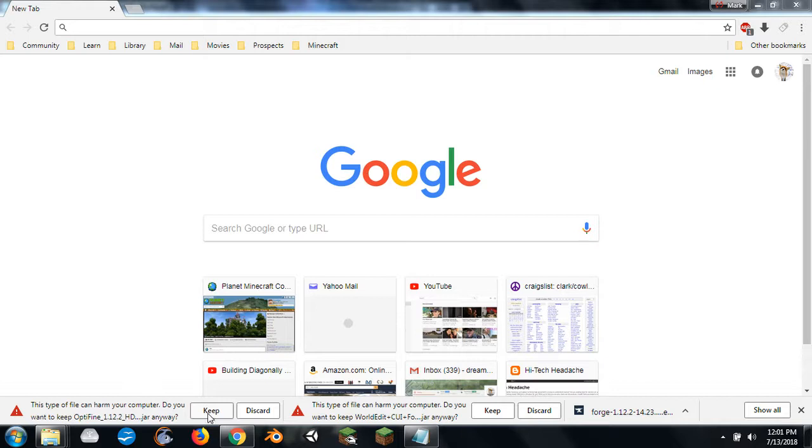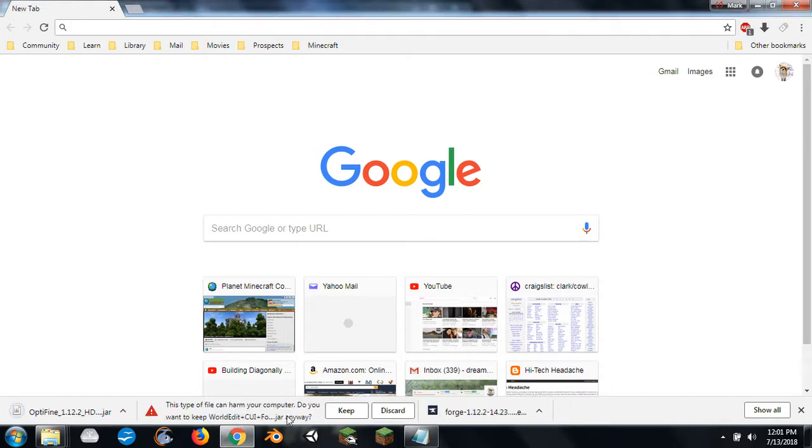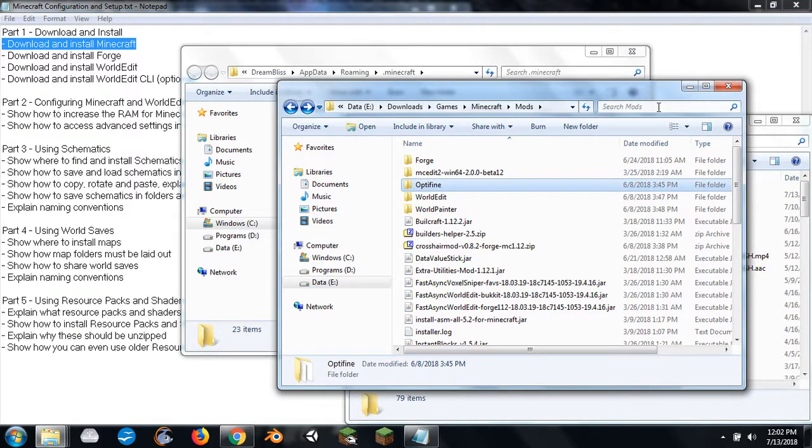On the jar files, you're going to be asked if you want to keep it or discard it, and you'll want to keep them. So just select keep. Because it's trying to protect you, jar files can have viruses and stuff in them. If you're worried about it, you should scan your downloads, whatever file they are, with a virus scanner. I use ClamWin, and that'll allow you to figure out if there's anything in there that you need to be